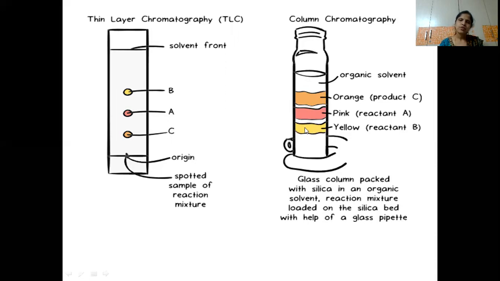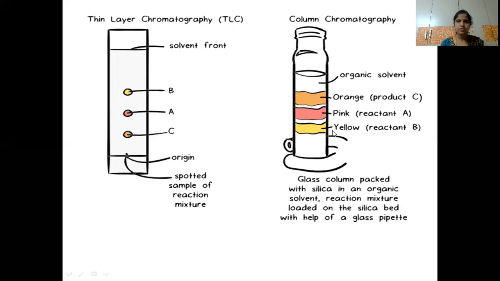Now in this case, the yellow component, that is the B component, is traveling at a faster rate when compared to A and C. So in the column, we check the distance traveled from the top, where the loading point is. At the top, the loading point will be there, whereas in TLC, the loading point is here, at the bottom of the slide. Okay. So even in TLC, you can see B has traveled to a larger extent. And even in the column, we can see that the yellow color, that is the B component, has traveled to